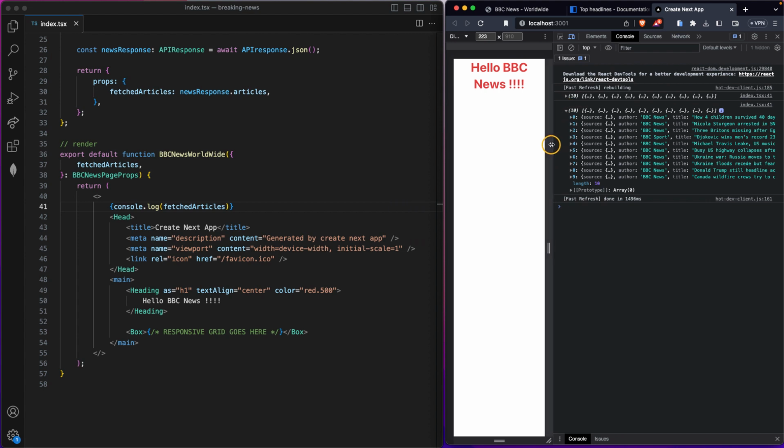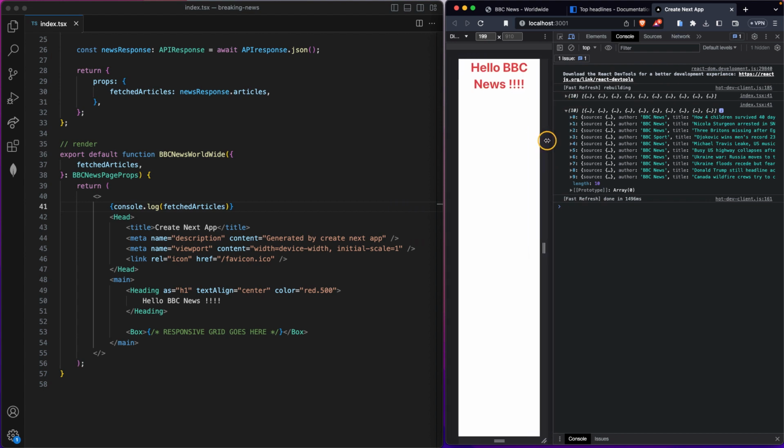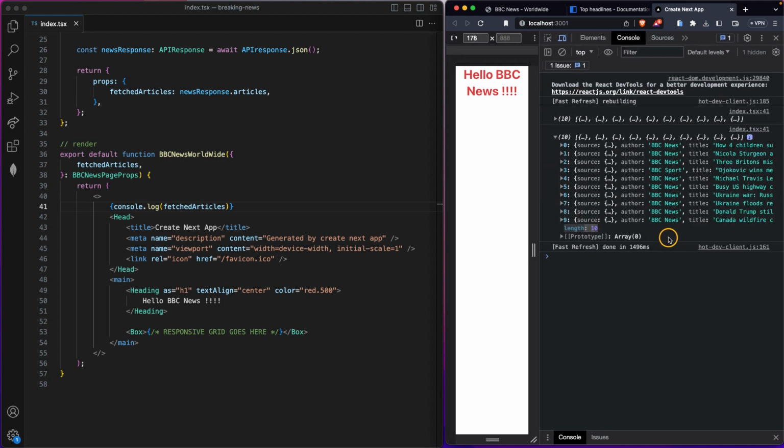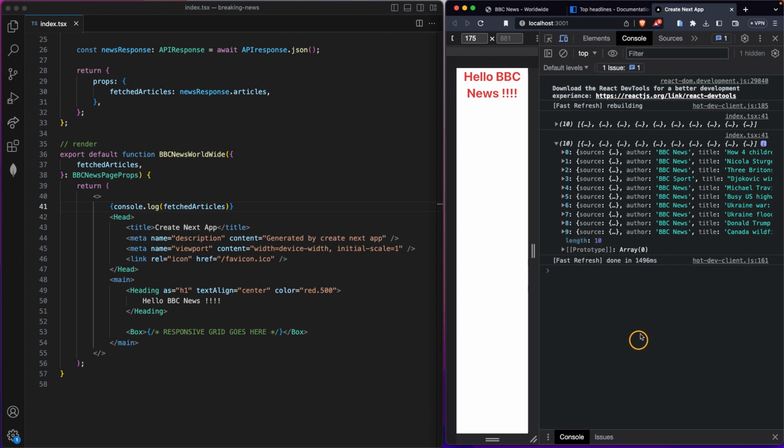So I have 10 articles, as we can see, because it's an array, so they start at 0, they are 0 indexed. So I have 10, and we can check by the length. I'm not sure if you can really see that or not, so I'm gonna zoom a bit. So we have 10. Okay, so my array contains 10 different articles that we will be using inside a component